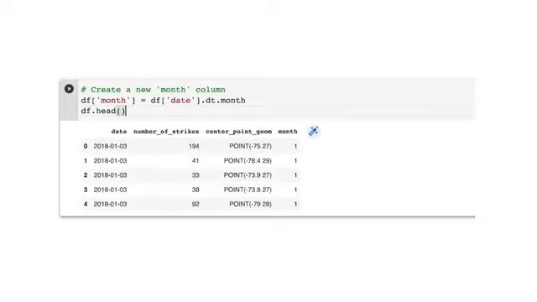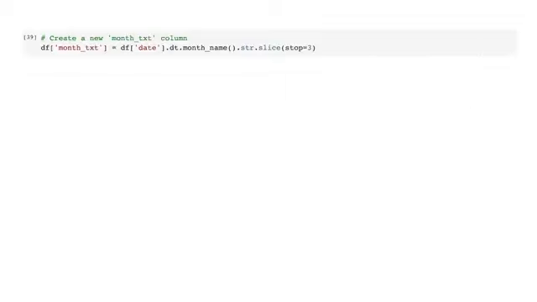Next, we'll make it easier to interpret on a chart. Let's convert the month data, which are currently numbers, to month name abbreviations. We'll do this by creating another column, month_text. This code will take the string of characters or month names and slice to include only the first 3 letters.